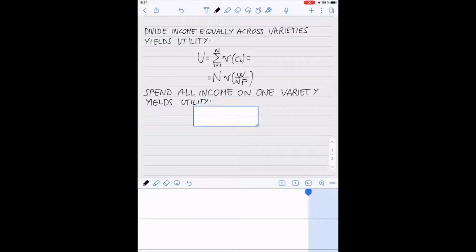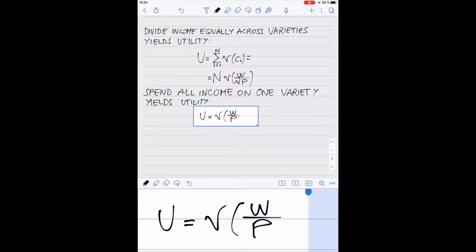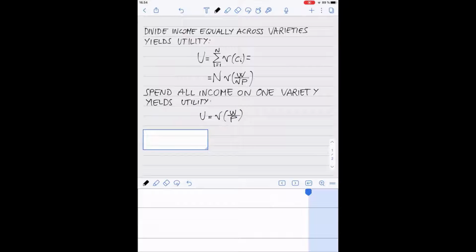Well, in this case, what do you get? You get that all of your income goes into one variety, and so what you have is V of C of the single variety that you consume. The quantity of which you consume is W, your income, divided by its price. All of your income goes into one variety. So love for variety means that